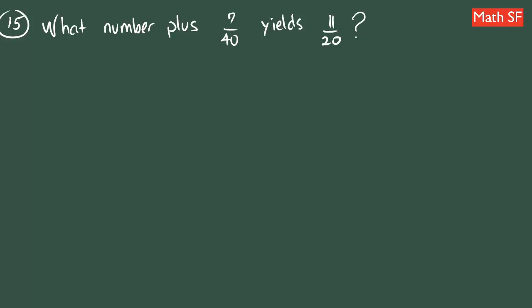Problem 15. What number plus 7/40 yields 11/20? In this type of problem, we're going to have to use some of our vocabulary, like those translation parts. Recall what part means. "What number" in this case is going to be our box. Plus is going to stand for the sign of addition. Well, 7/40 is 7/40. Yields in this case is going to stand for our equal sign,